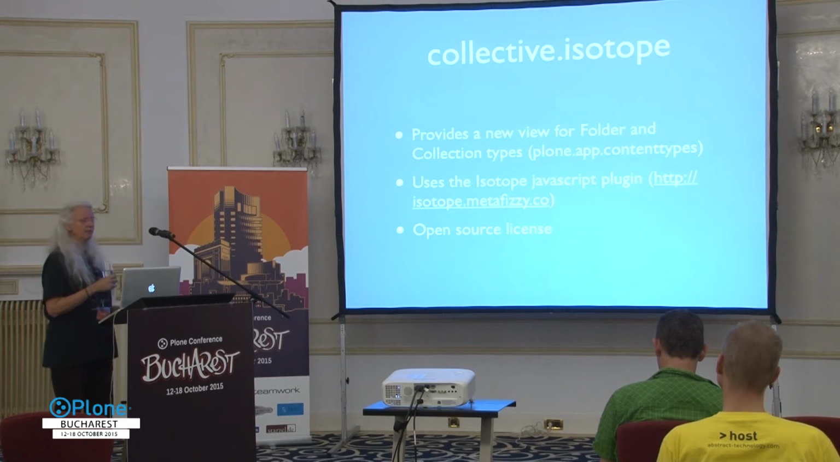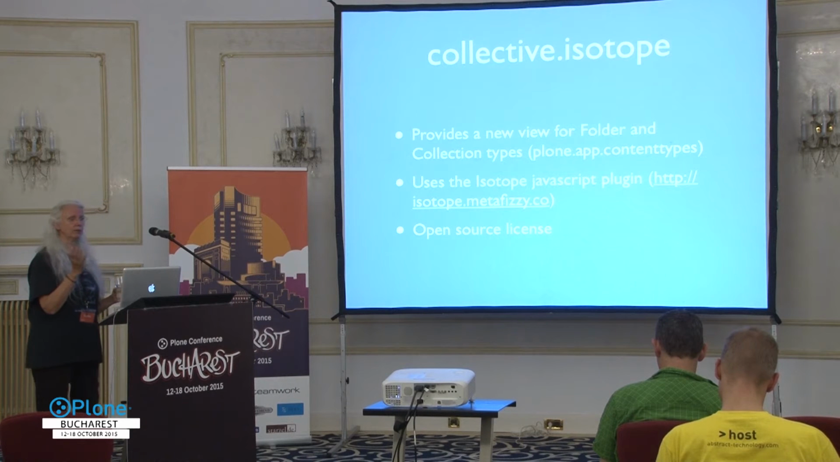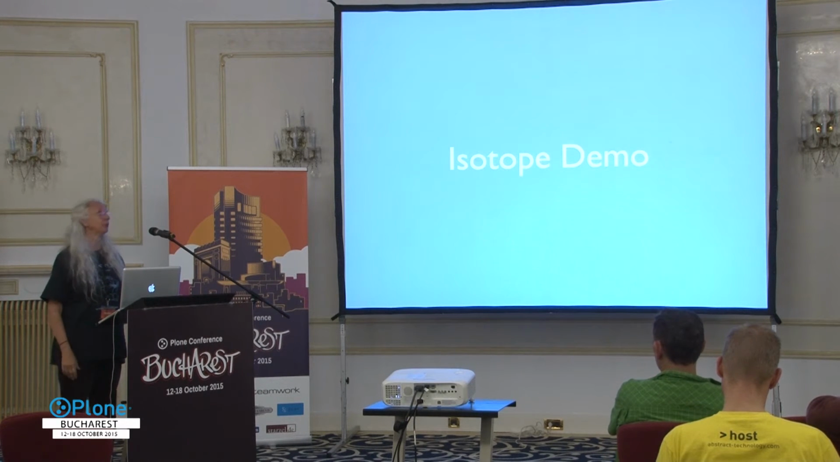So what this is, it provides a new view for folder and collection types in the Plone app content types that uses the Isotope JavaScript plugin. The Isotope plugin has an open source license. We toyed with another plugin that didn't have such a good license, so we chose Isotope because we can just use it without any faulty raw. And now I'm going to give you a little demo